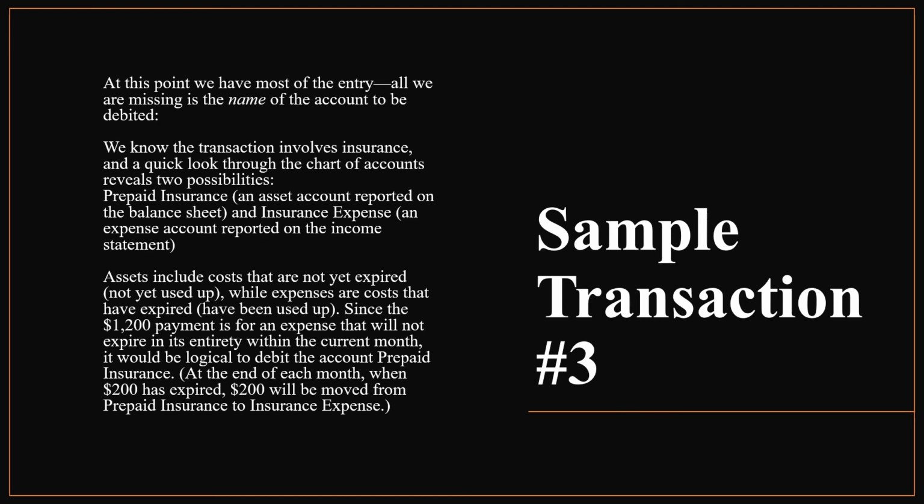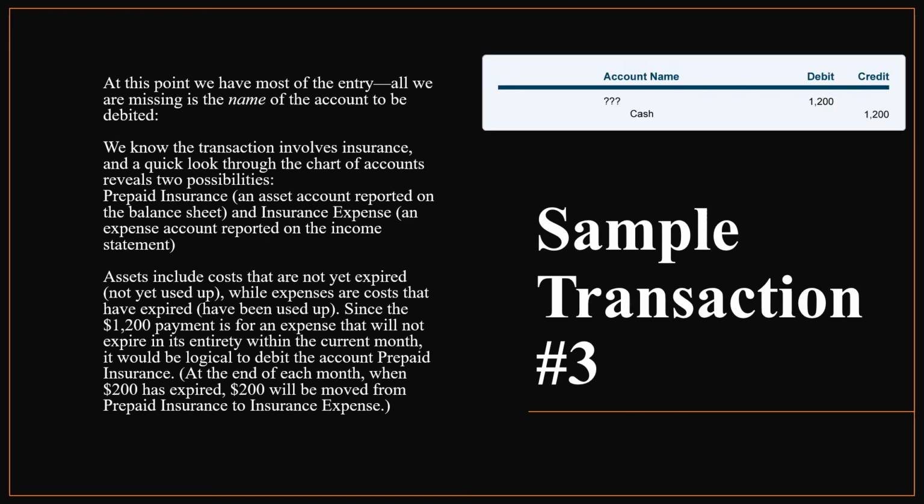At this point, we have most of the entry. All we are missing is the name of the account to be debited. We know the transaction involves insurance, and a quick look through the chart of accounts reveals 2 possibilities. Prepaid insurance, an asset account reported on the balance sheet, and insurance expense, an expense account reported on the income statement. Assets include costs that are not yet expired, not yet used up, while expenses are costs that have expired,